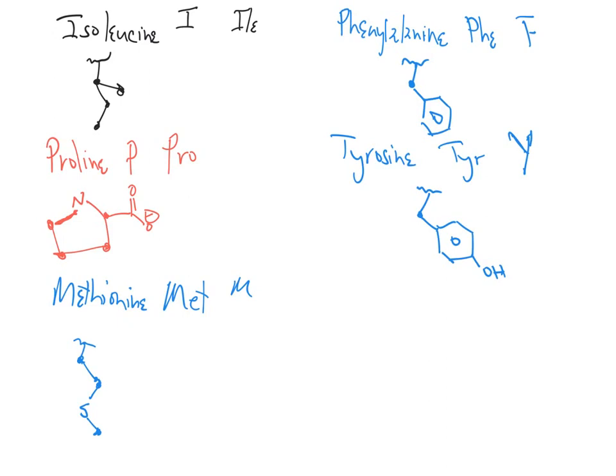What else do you suppose tyrosine can do? What are alcohols good for? What's one thing that alcohol's good for besides hydrogen bonding? I already mentioned that one. It could be a leaving group. What else besides a leaving group? It's a good nucleophile. So enzymes sometimes use it. They take away that hydrogen to make a phenoxide, and they can use that as a good nucleophile. Okay. So it's nucleophilic as well. So these are the